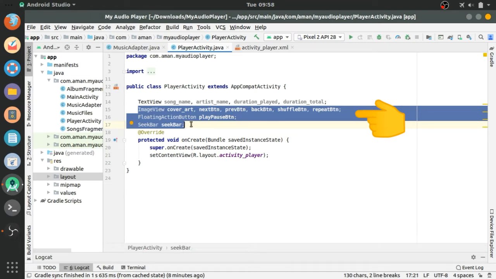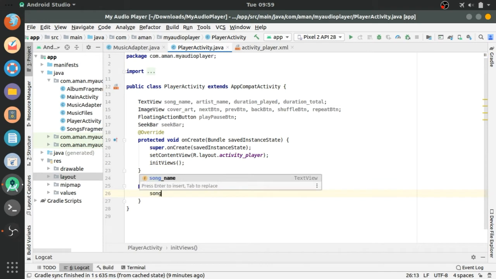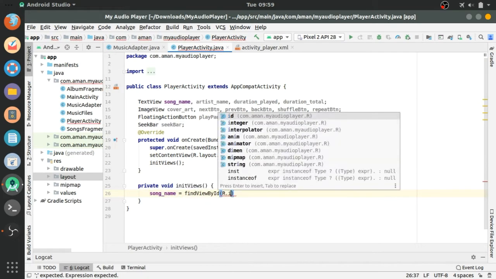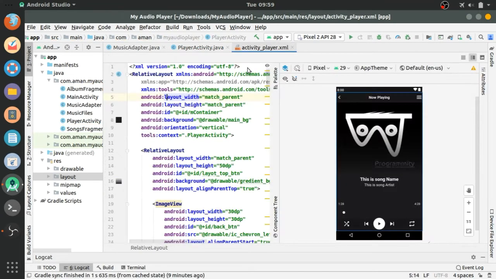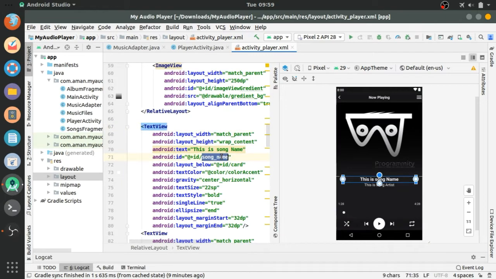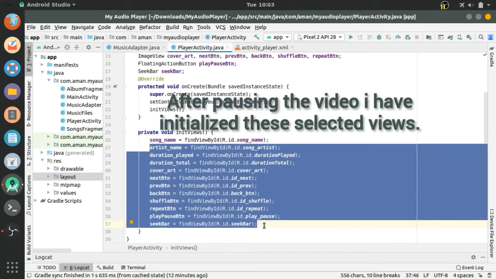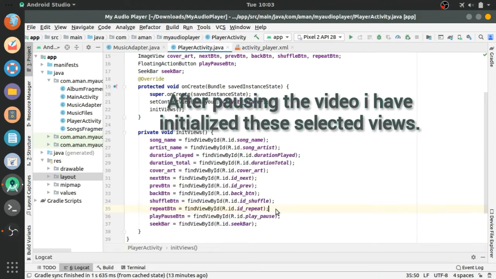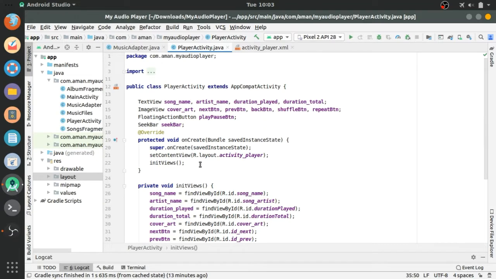Now we will initialize these views using findViewById. Let's create a method initView and alt enter in our method: songName equals findViewById R.id.song_name. The id song_name is in our layout file. This is the id. Using this procedure we will initialize all the views. Now close this. Okay,